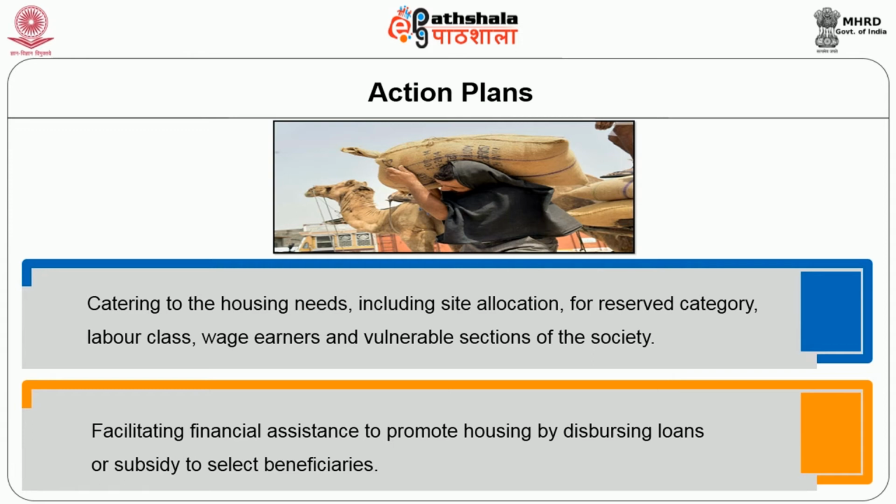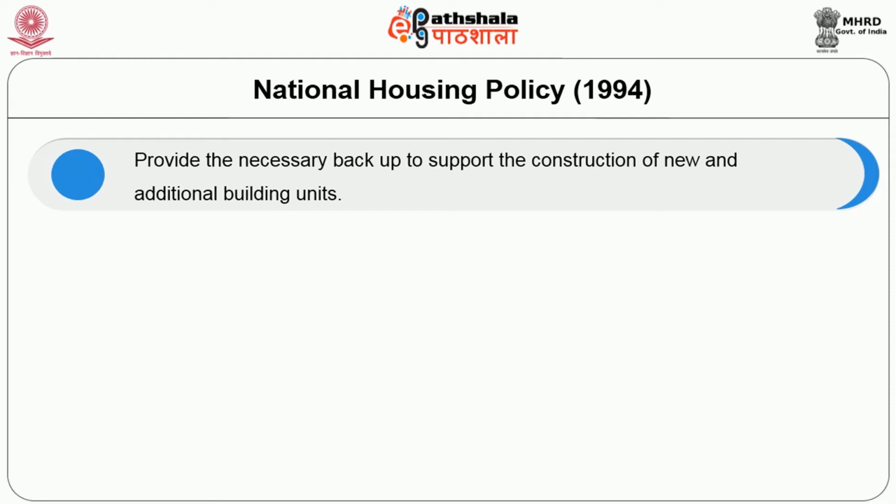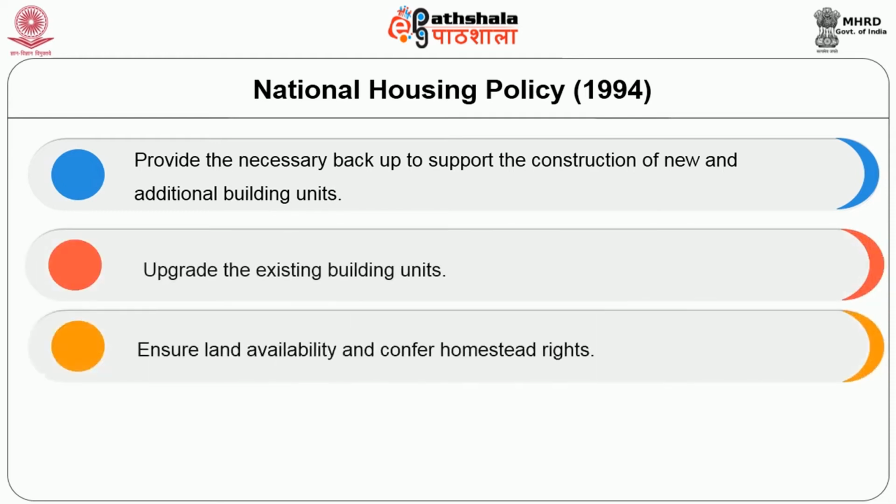The next one is the National Housing Policy, 1994. 4 years after NHPHP, the National Housing Policy was formulated in 1992, which was approved by the Parliament in August 1994. The policy included 8 classic features. To be precise, the policy's aims were to provide the necessary backup to support the construction of new and additional building units, upgrade the existing building units, ensure land availability and confer homestead rights, minimize displacement of rural households by developmental projects,